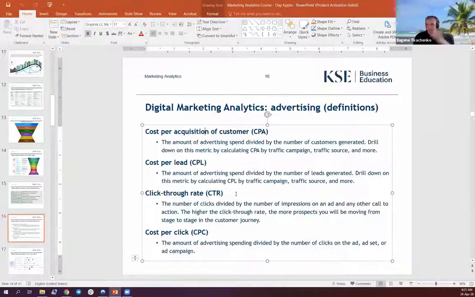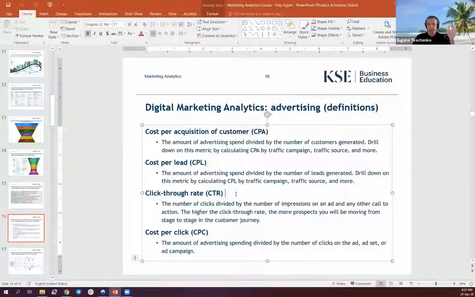Click-through rate. Again, as I mentioned, we are dealing with impressions, so the number of times or occurrences you saw the ad. But at the same time, we're interested in knowing how many people clicked on those ads, so the number of clicks, and the conversion value of our clicks. Let's say out of 1,000 impressions, we got 20 people clicking on our ad. That means that our click-through rate is 2%. Is it a good number? Is it a great number?